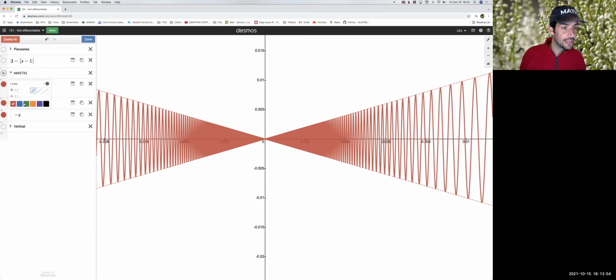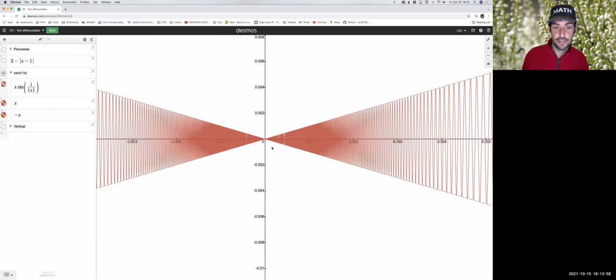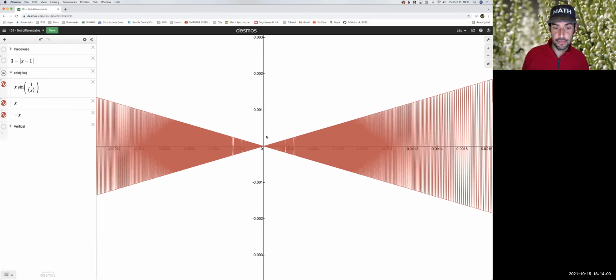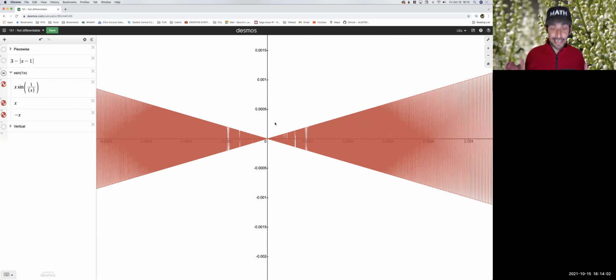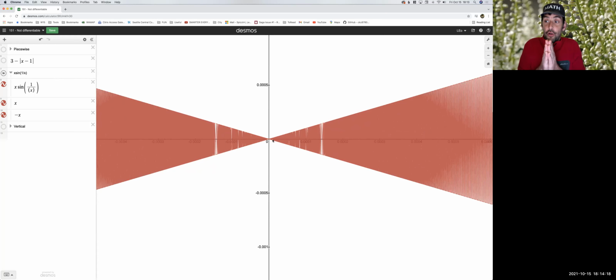Let's make these lines a little thinner. And we can see, right now the computer's starting to bog down, because in truth, there's an infinite amount of waving happening between any point down here and 0. The computer's rendering as many as it can, but it starts to have trouble, which is why you see these gaps, right? And so, for instance, if we go between